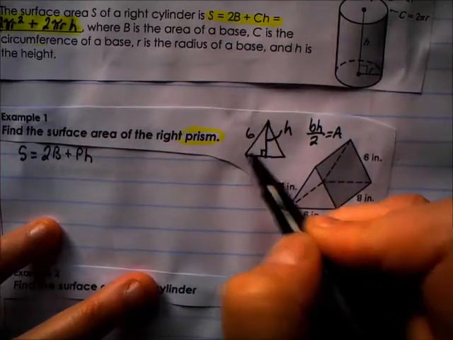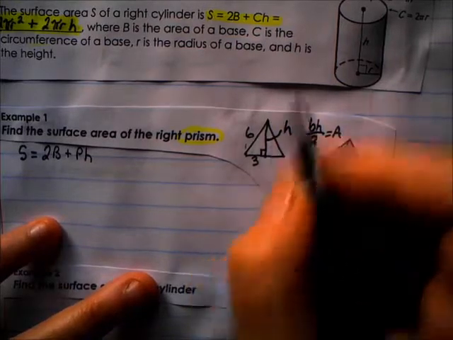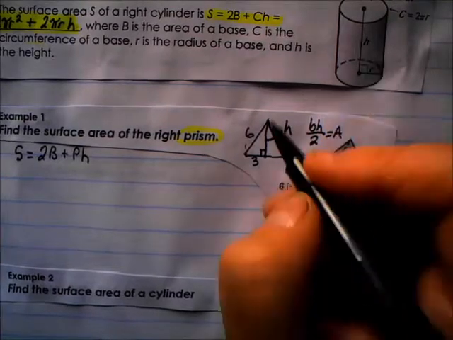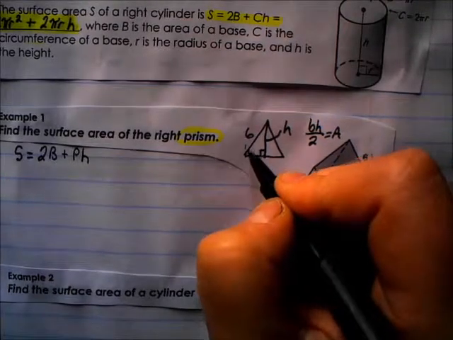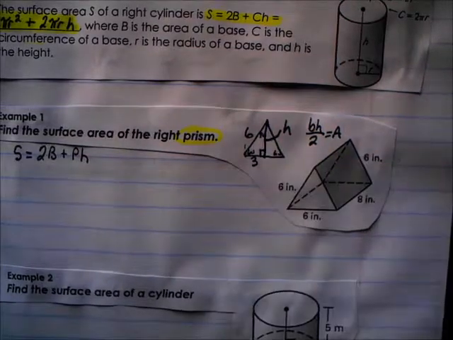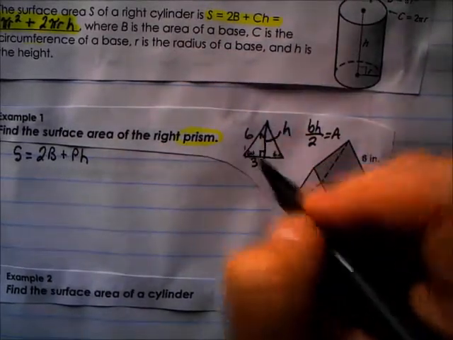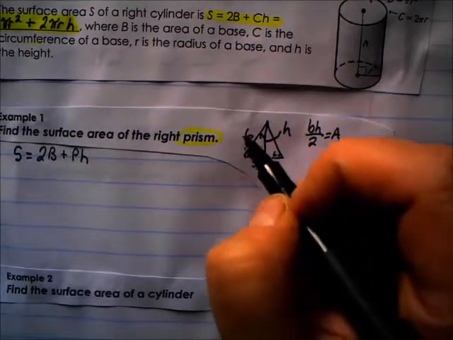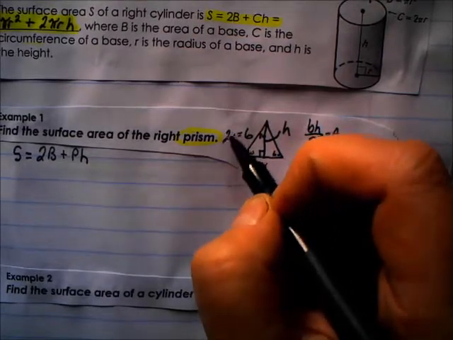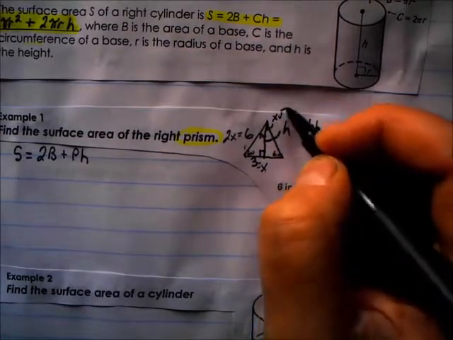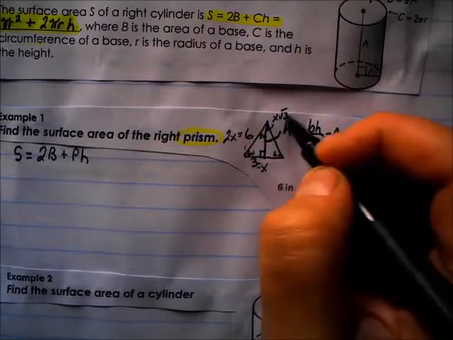This is a right triangle, so I can use Pythagorean theorem to find the h, or I can use special right triangles. Because it's equilateral, that means each angle is a 60, and this top one cuts into a 30-degree angle. Since I know that this is x for the special rights, this side is equal to 2x, and the long leg here is x square root of 3. Since I know x is 3, that means my height